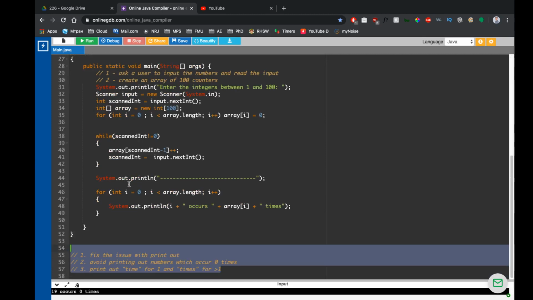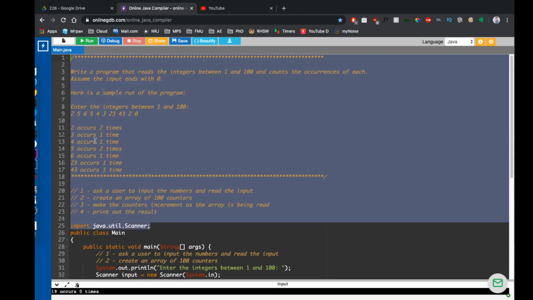I want you to format it correctly, have the comments, have the header comment, and I want you to submit it to the lab page